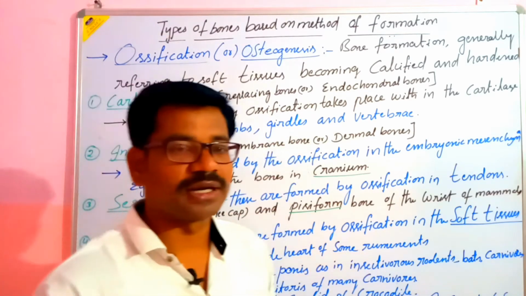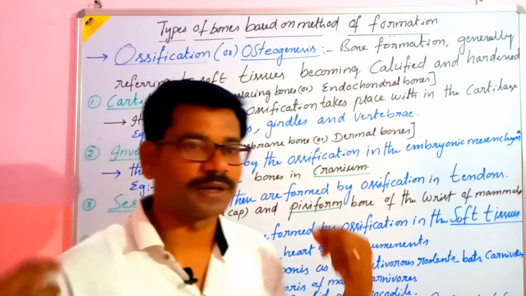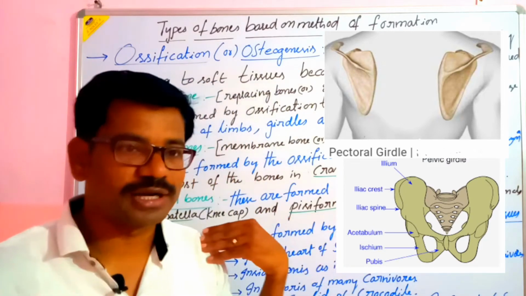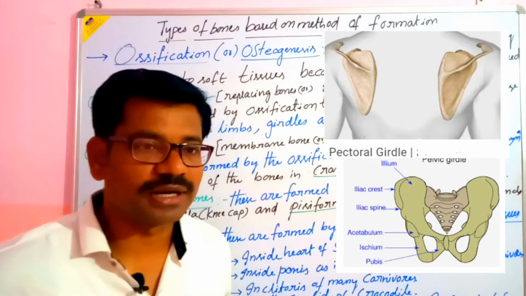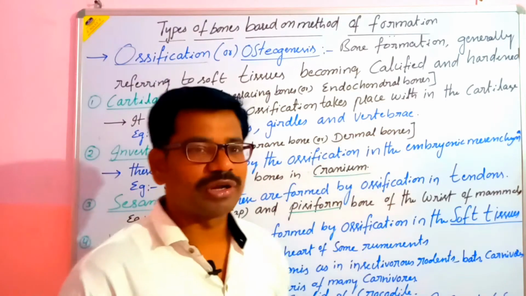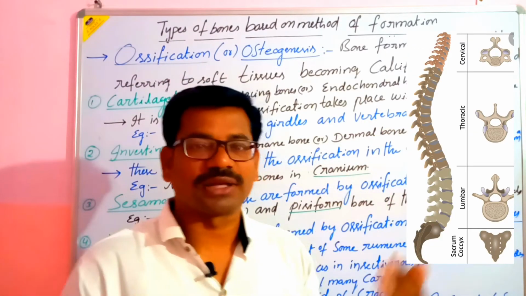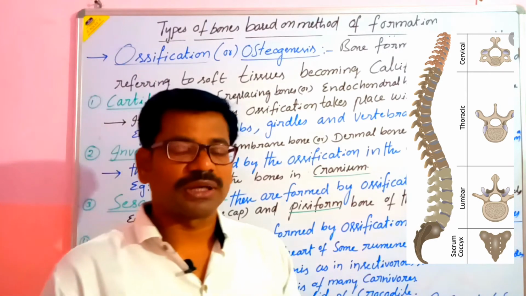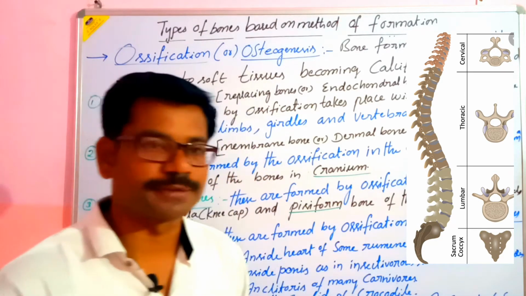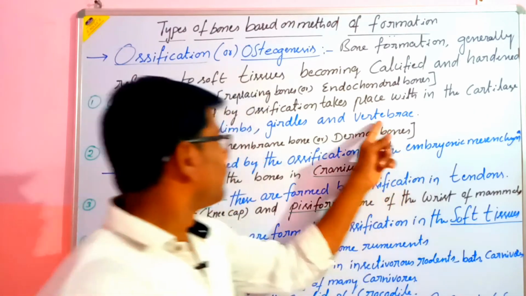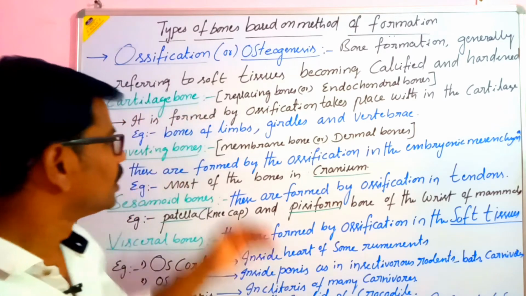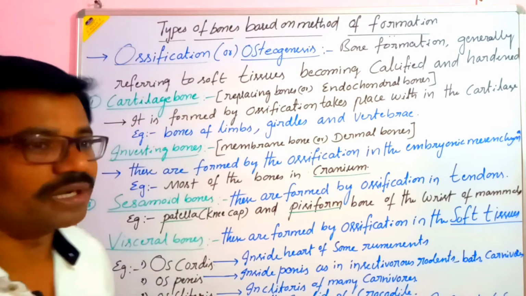And girdles. Girdles are made up of two types of bones. One is the pectoral girdle, second is the pelvic girdle. The pectoral girdle is made up of 4 bones. The pelvic girdle is made up of 2 bones. Total 6 bones form the girdles. And vertebrae. The vertebral column has 31 vertebrae. During adult age, due to fusion of some of the vertebrae, they become 26 bones. Okay. So, out of 206 bones in our body, the maximum part